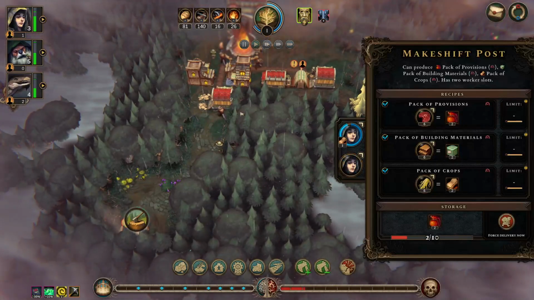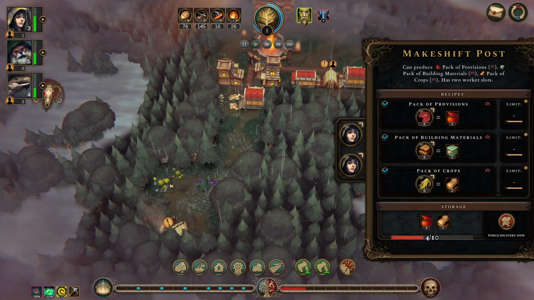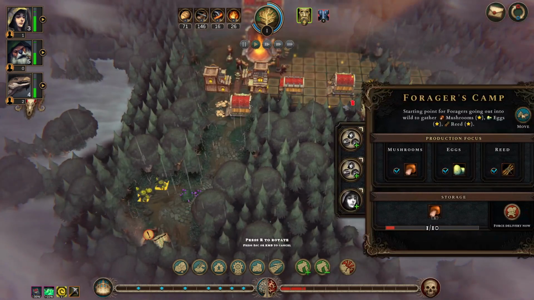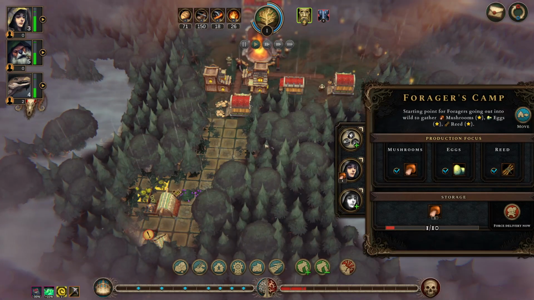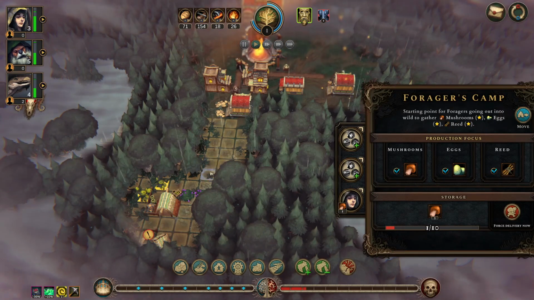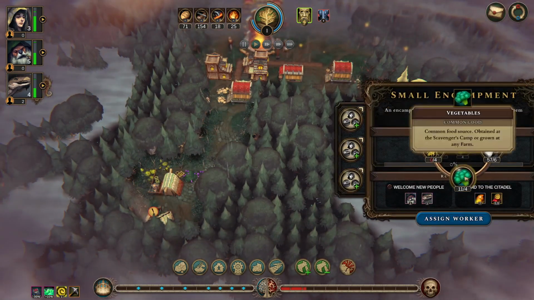Nice. Next glade is discovered. What do we have over here? Herbalist's camp, which we don't have. Foragers camp, we have that. So let's move our forager camp down to here. There's now one human in it. Let's add a second one. Let's add the human to here. And then over here,